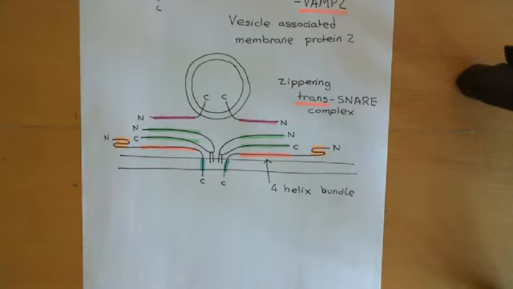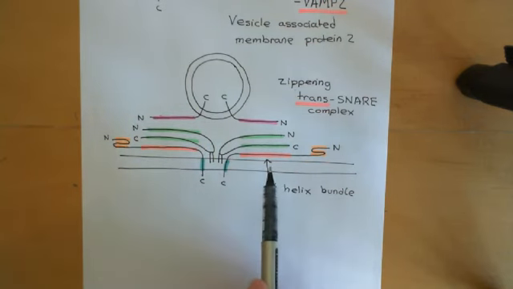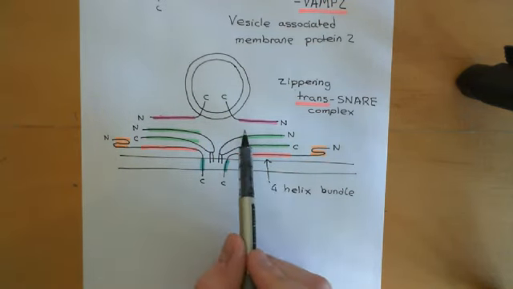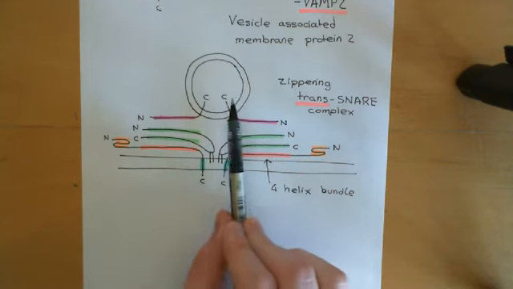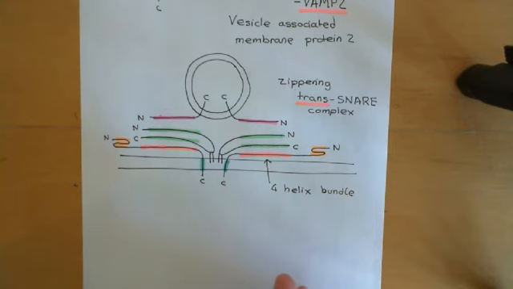So you don't just want to be releasing vesicles randomly, you want them to be released in response to an action potential arriving in the axon terminal. So something has to stop the progression of the zippering up process, to stop it getting right to the end,